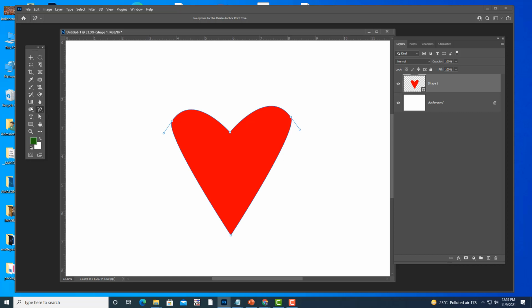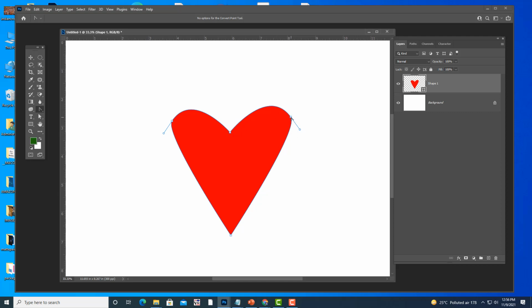And the next thing is, we have something called the convert point tool. So what is the convert point tool? It is there at the end. This convert point tool will convert sharp corners to rounded corners and rounded to sharp. So this is a rounded corner.